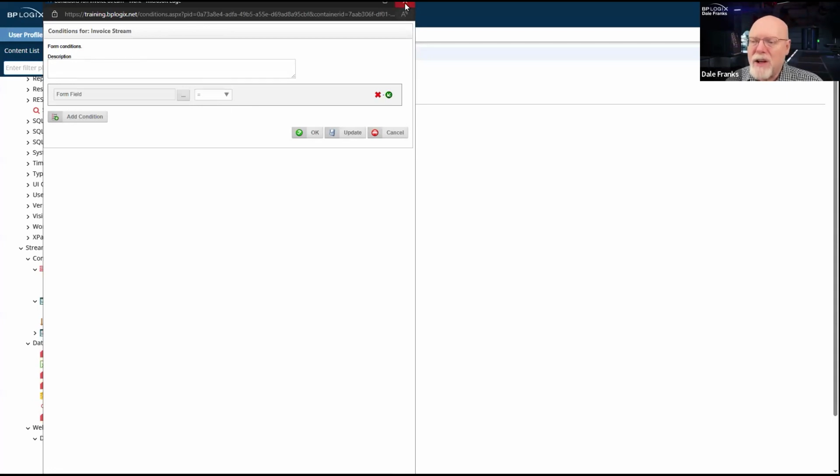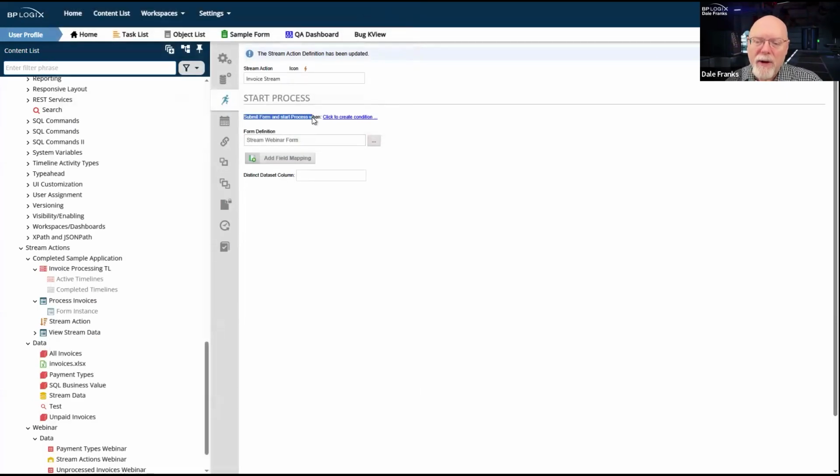So this gives me a second layer of decision making about whether or not I want to run the stream action. The first layer is, do I actually have data that would run a stream action? If I don't, I obviously don't do anything. But if I do have the data, do I still want it to run? Is there something in Process Director that I may need to evaluate before I determine whether I want to run it or not? So we have this extra condition here to give you the flexibility of making that determination.